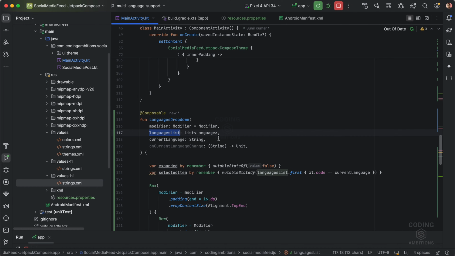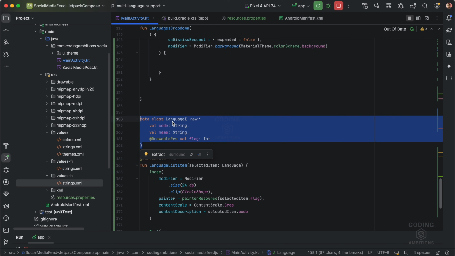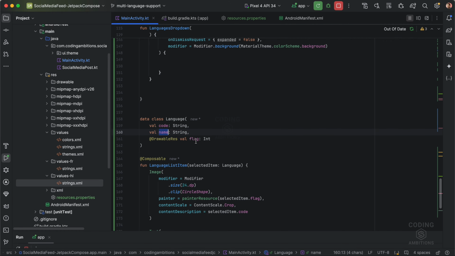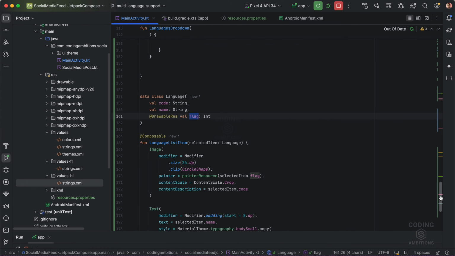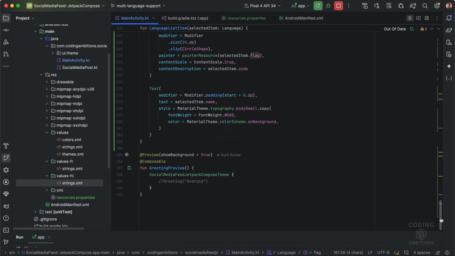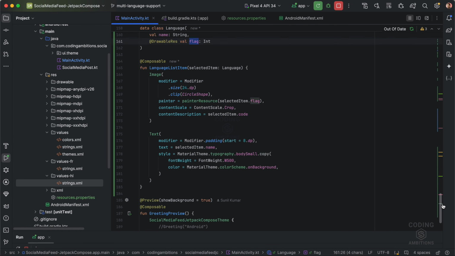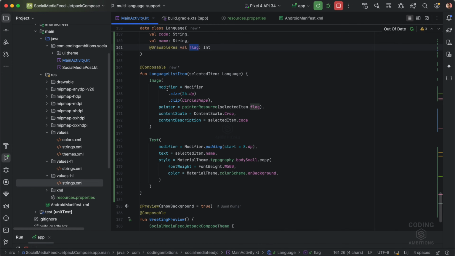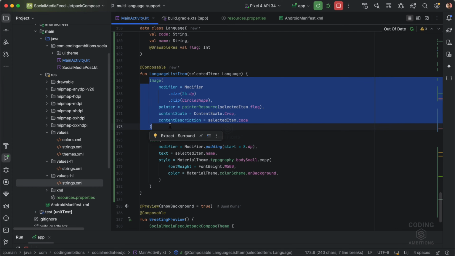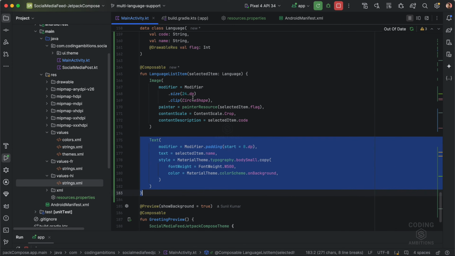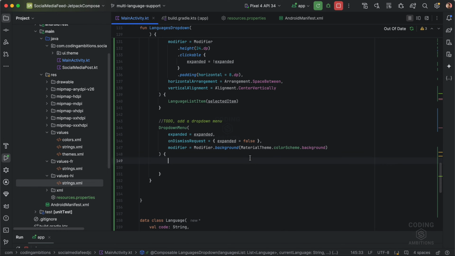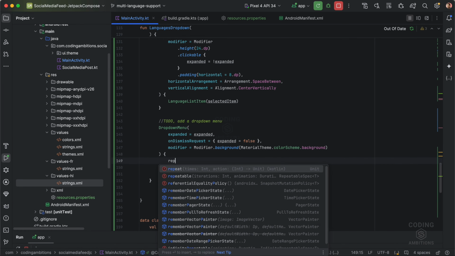This option, this language, is a simple data class we have, where I have the code, name and its flag drawable, right? That's a pretty easy thing to do. So now let's continue with that. Inside its item, what we are showing is just the icon, its flag, and then just the text. This is its item, right? So now for all those we need to repeat